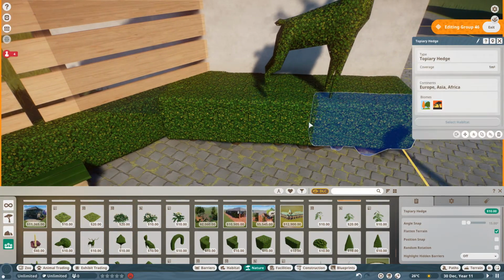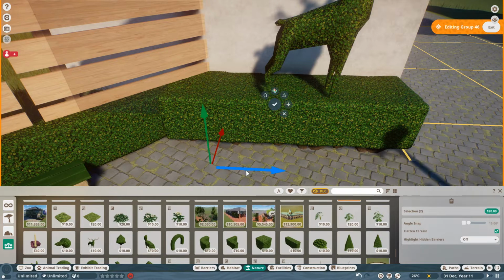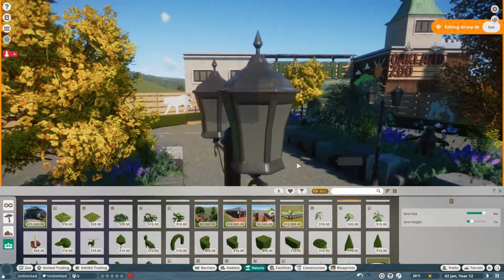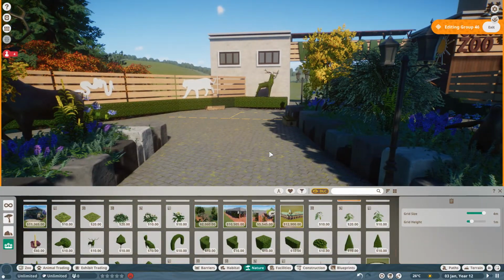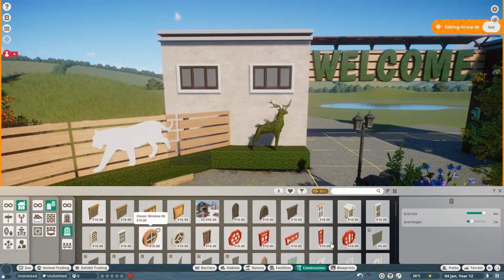Hang on. Are these overlapping a bit? Yes, they are. Let's just take that along and join that in a bit better. Okay, good. Oh, that looks better, doesn't it? I like that. It's a nice feature at the end there. That looks really cool. And it needs, behind it,